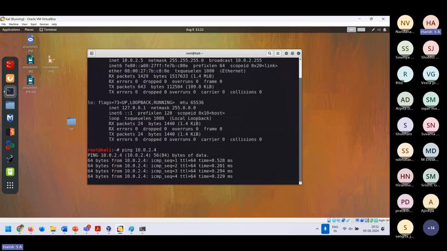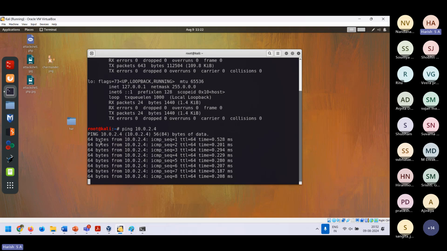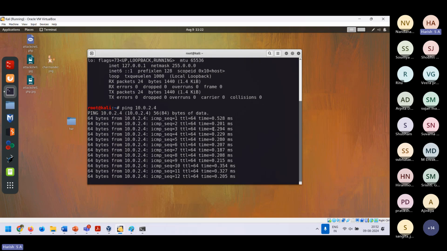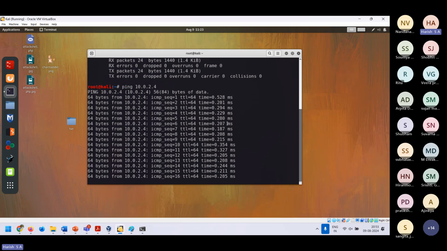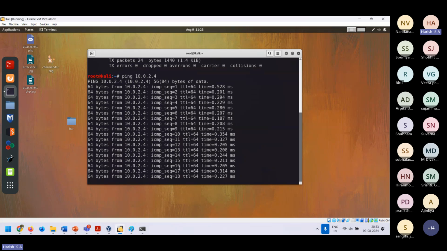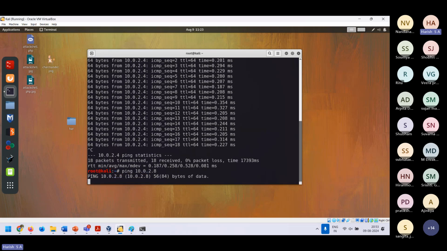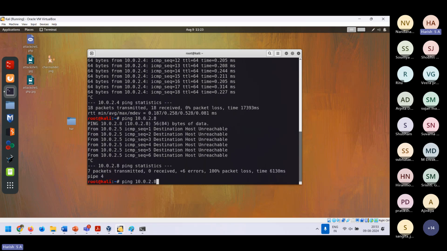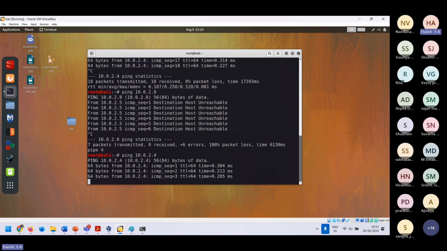Yes, you are. How do you know you're able to ping? Because this utility, ping, sends ICMP messages and it says I'm getting a reply back in 0.528 milliseconds, or rather, the response time is this much. So how do you know if something is not pingable? Just put some random address like this, and then it won't give you any response at all. It says destination host unreachable. So now you know that you're able to ping from Kali to Metasploitable.